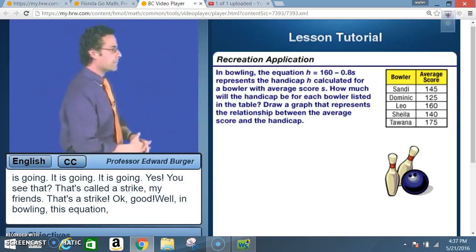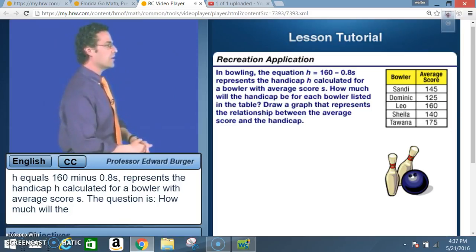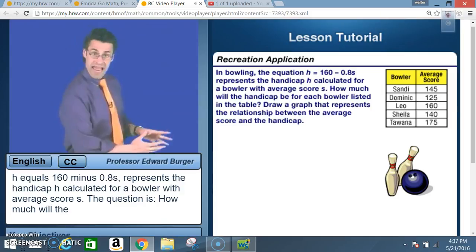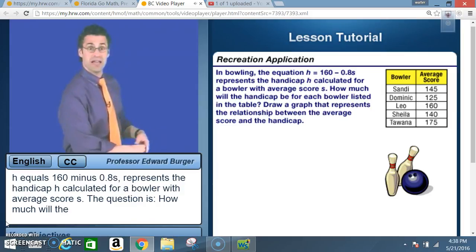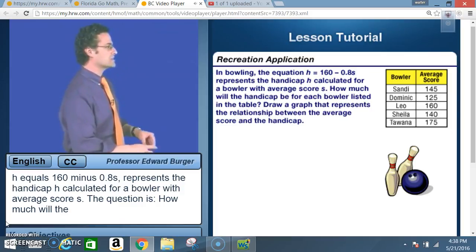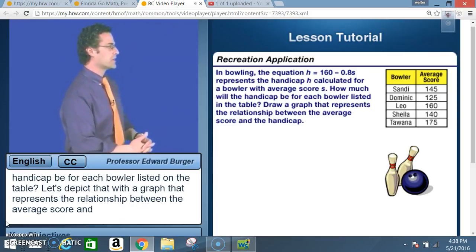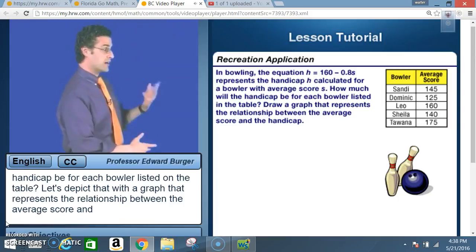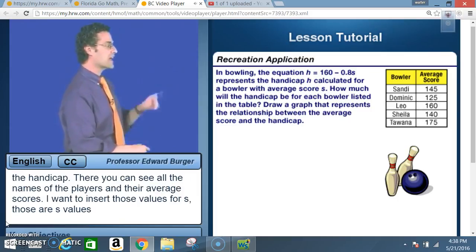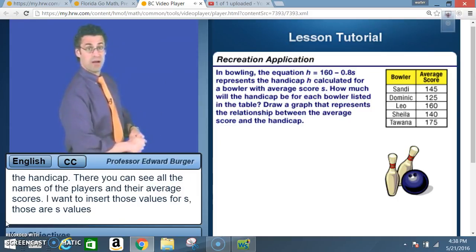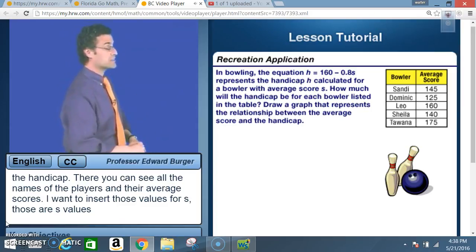Well, in bowling, the equation h equals 160 minus 0.8s represents the handicap h calculated for a bowler with average score s. Okay, the question is, how much will the handicap be for each bowler listed on the table? And let's try to depict that with a graph that represents the relationship between the average score and the handicap. And then you can see all the names of the players and their average scores. And I want to now insert those values for s, those are the average, into